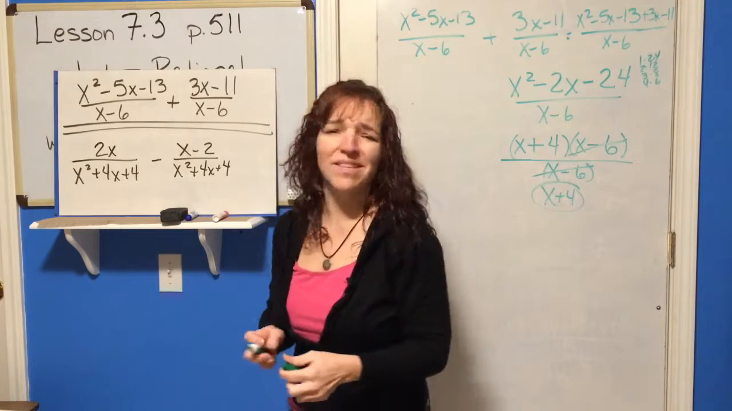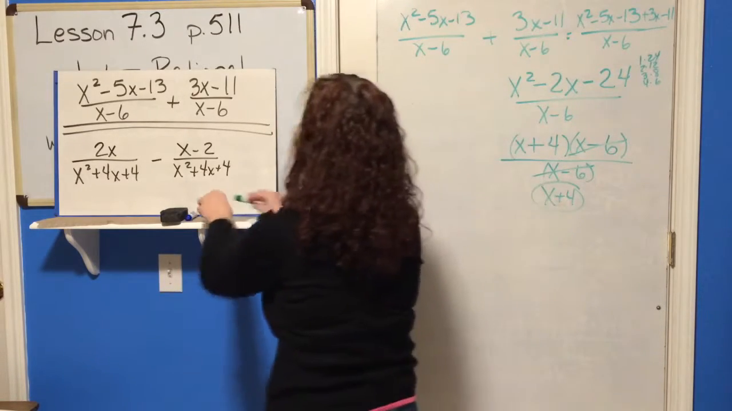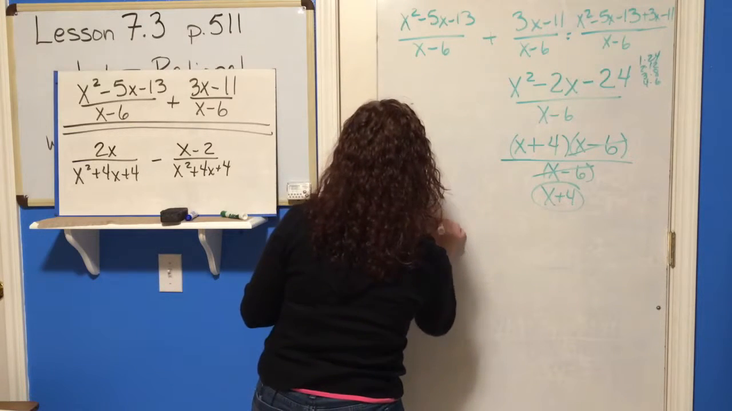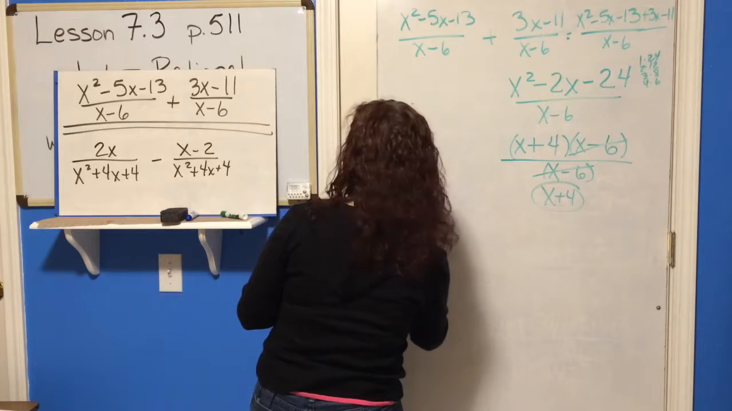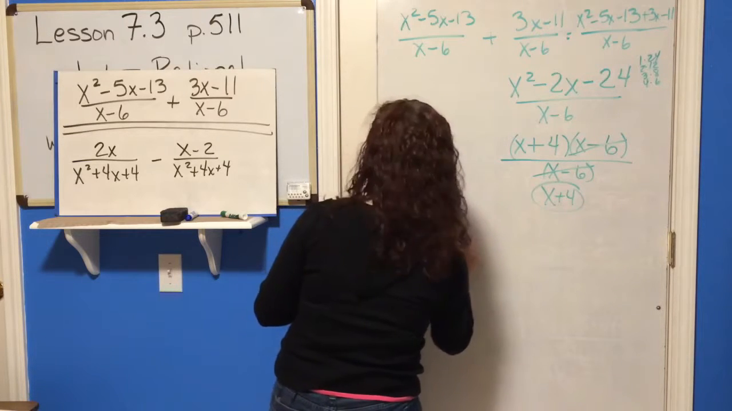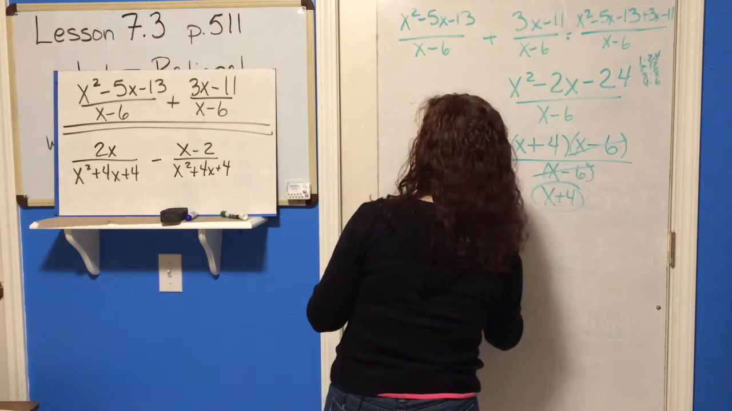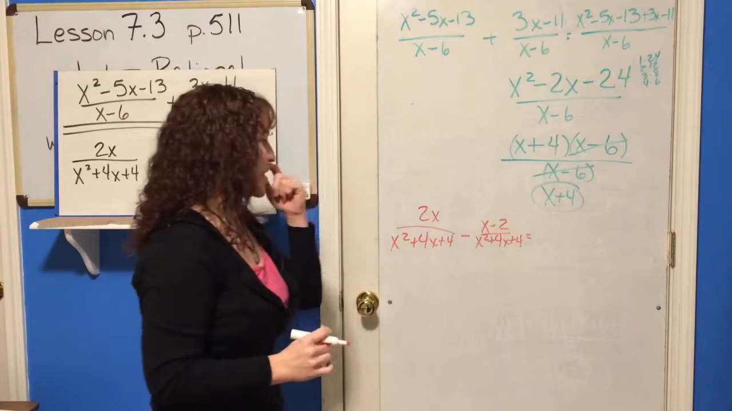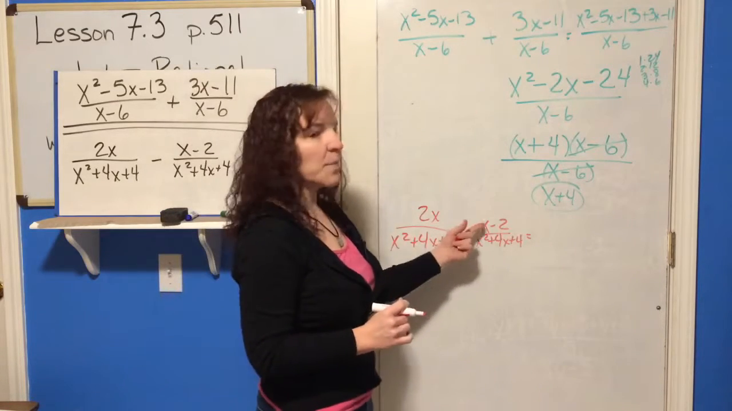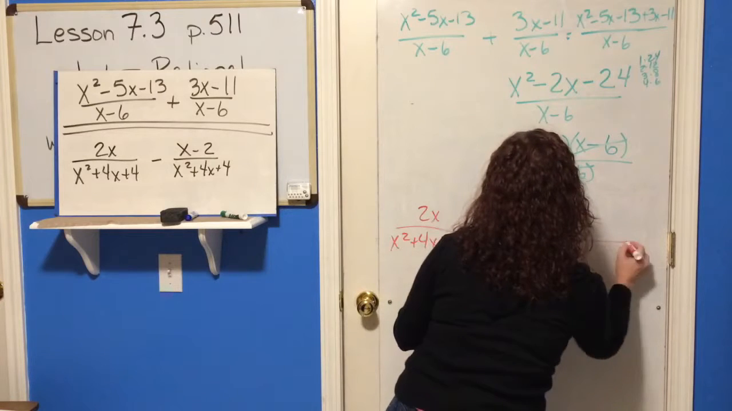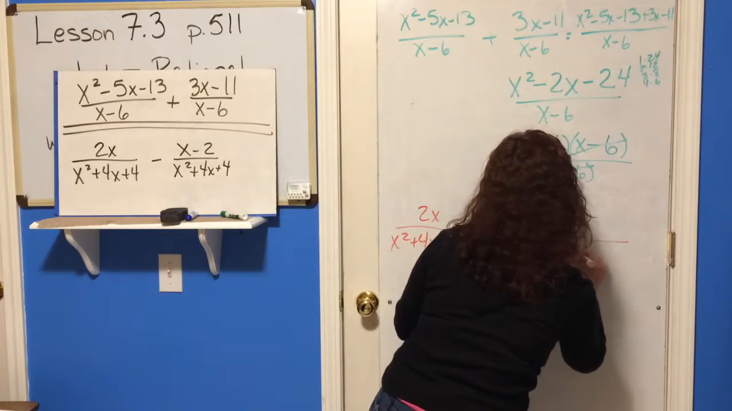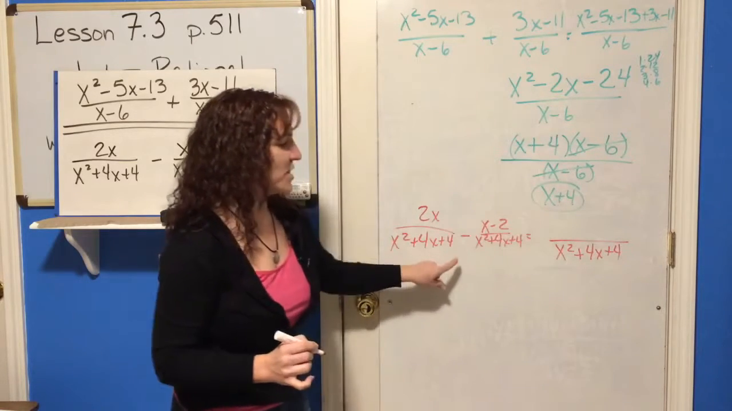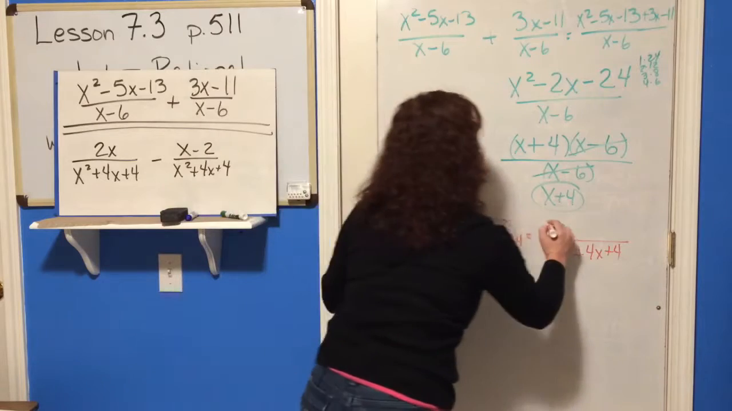All right. Ready for the last one? Check it out. Fast lesson. Here we go. All right. So now 2x over x squared plus 4x plus 4 minus x minus 2 all over x squared plus 4x plus 4. All right, the reason I wanted to show you this is because this is one of those where you're subtracting a binomial. So you're going to keep the whole trinomial in your denominator. X squared plus 4x plus 4 is your denominator because they're the same. And then you're going to have 2x